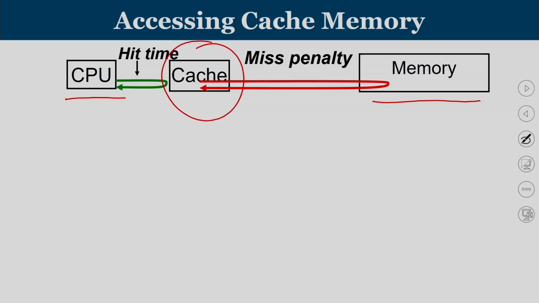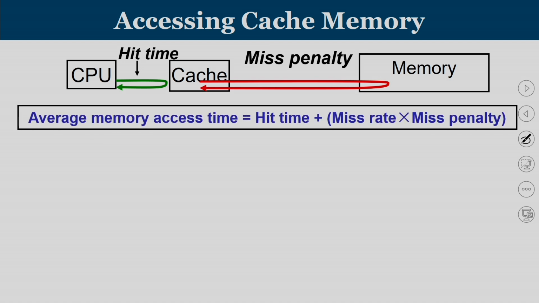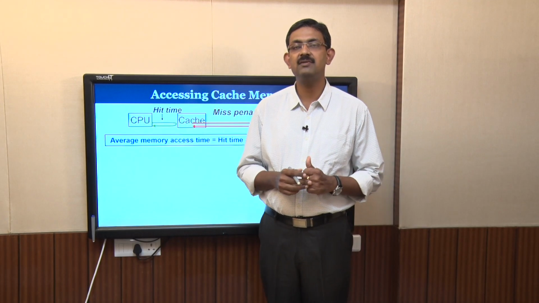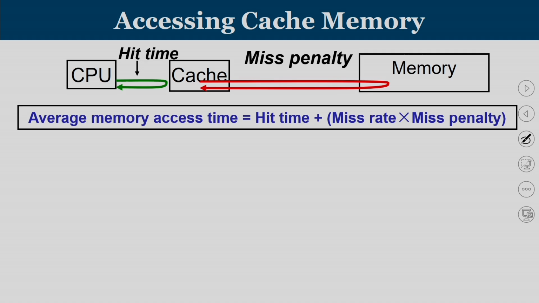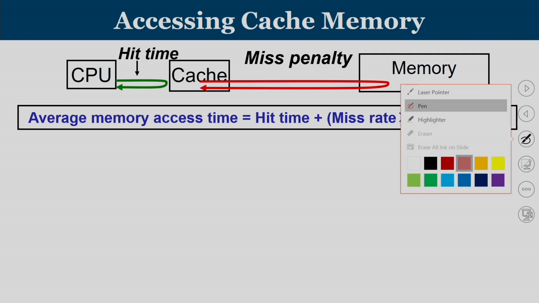So, we have a scenario where we are going to have hits in the cache, and the time for accessing a word in the cache and responding back to the CPU if it is a hit is known as hit time, and the time to respond back with a block of data from an upper level memory to the cache memory, once we identify it is a miss, is known as miss penalty. The average memory access time for any memory hierarchy consisting of a cache is defined as AMAT, average memory access time, is equal to hit time plus miss rate into miss penalty.